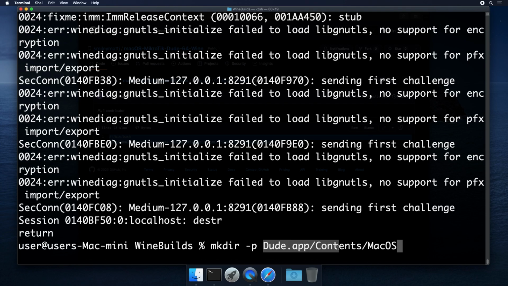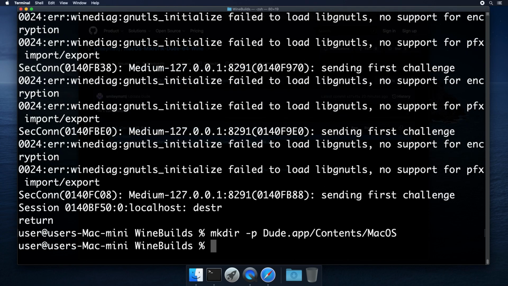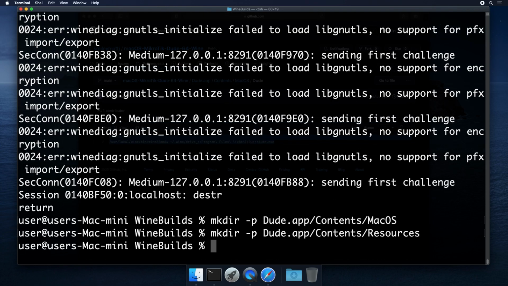This means that we won't run into an error trying to create this folder inside of folders that don't already exist. It'll create it all the way through. And we also need a Resources folder, and that will also go into Contents.